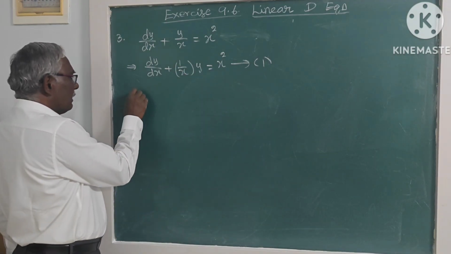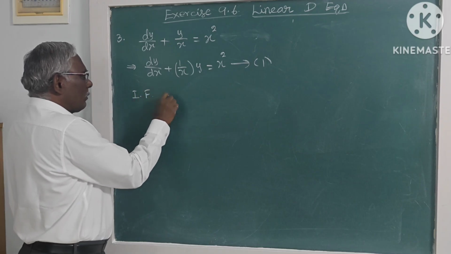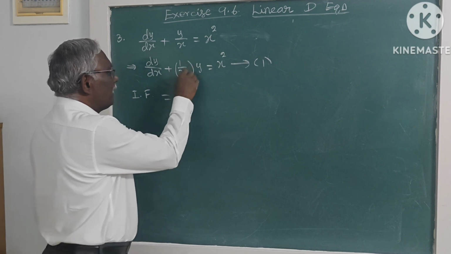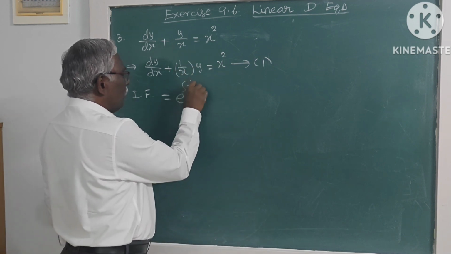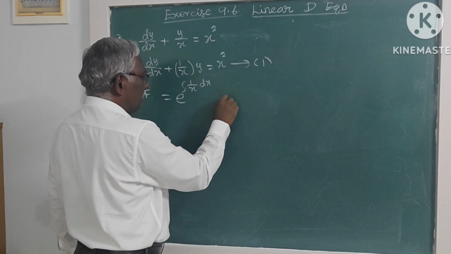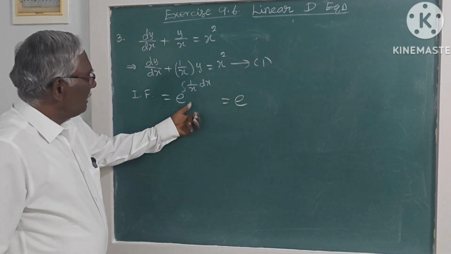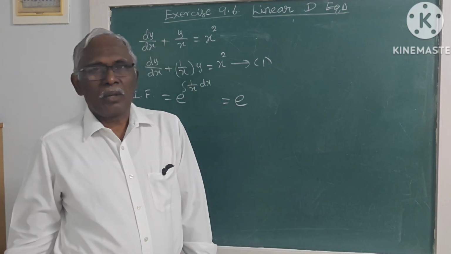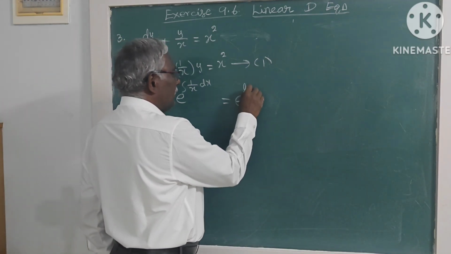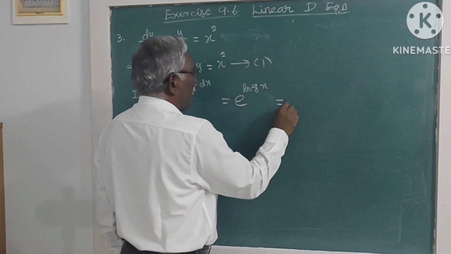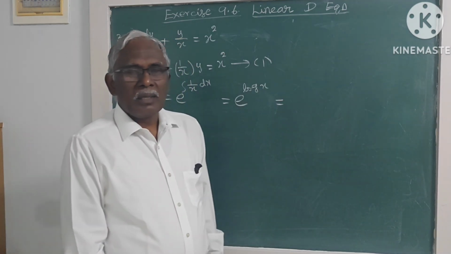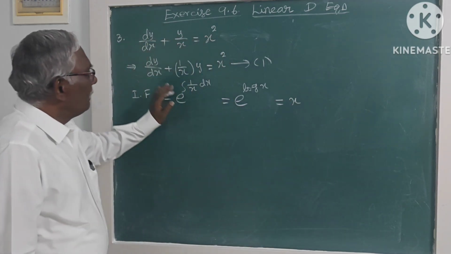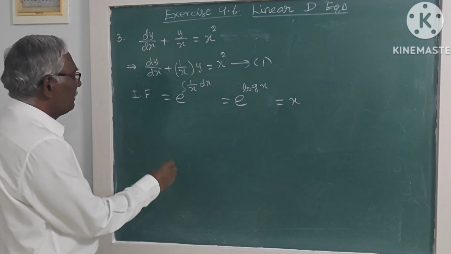So what is the integrating factor? E power integral p dx. P is 1 by x here, so 1 by x dx. So this is the integral dx by x. We know integral dx by x is log x. So e power log x, and we also know that e power log x is x only. So it's x. So multiply the equation 1 by x, we get